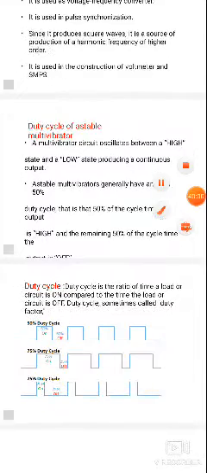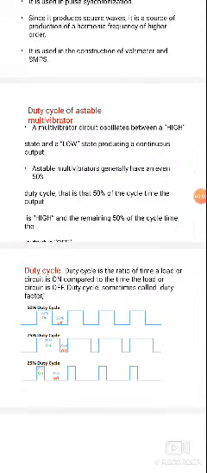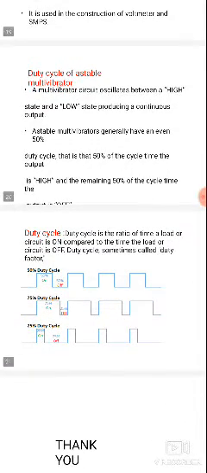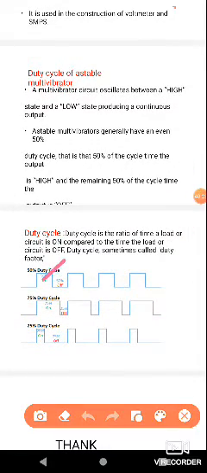The duty cycle is the changing of the oscillator position from high state to low state, continuously moving from high to low, and again changing from low to high. Duty cycle is the ratio of the on time of the circuit compared with the off time, that is, comparing the on position to the off position. Here, 50-50% means the on and off positions are the same. Here it is 75% on time period and 25% off. Here 25% is on and 75% is off.